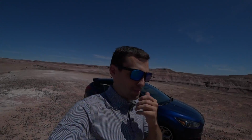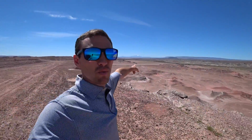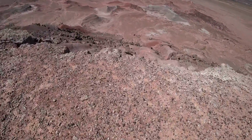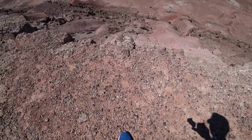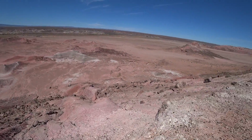Those drone shots are gonna be sick. I'm excited to edit that. But yeah, just out here in the middle of nowhere. You can see these mountains way off in the distance actually are snow-capped still. Beautiful. You walk, and it's kind of scary. You actually walk to the edge of this, and this is all loose. Like, if I press hard enough, it just collapses. It's not that far down, but...